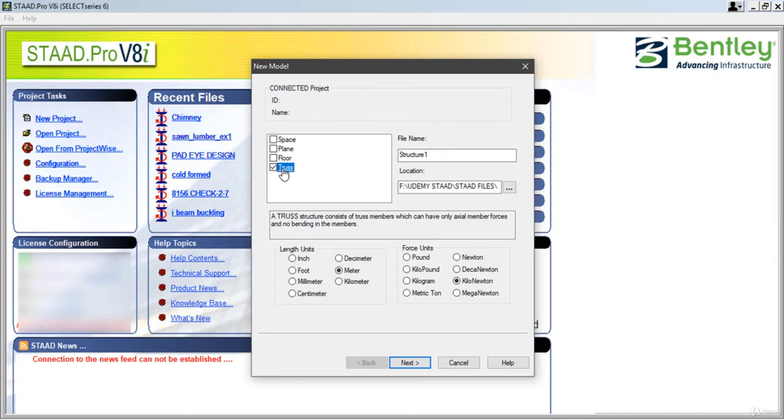So if you are modeling a truss in the StatPro software and you select this truss option, the software will make sure that only axial forces will flow in the structure. Moreover, if you model a truss in a space structure with an idealized supporting system, it will show instability, and it will also show some minor or major axis bending moment in the truss. So if you are modeling an idealized truss structure, I will advise you to go ahead with truss only. We will do that in the examples also. But right now, to make things simple, just as an introduction, we will go ahead with space only.